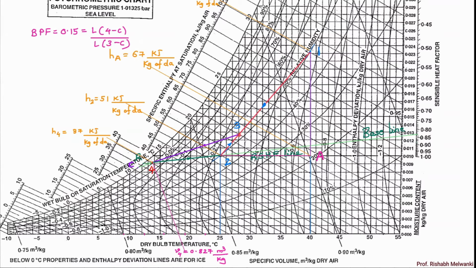Okay, so this is 3 to C process. Now what will be bypass factor? It will be length 4C upon length 3C. So we have to draw line 3C in such a way that this length 4C upon length 3C will be approximately equal to 0.15. Now wherever this 3C and 2R intersect, there we will get point number 4, which is supply air condition. Okay, now after that, since here in the question ERSHF is asked, effective room sensible heat factor, we need to find outside air sensible heat.